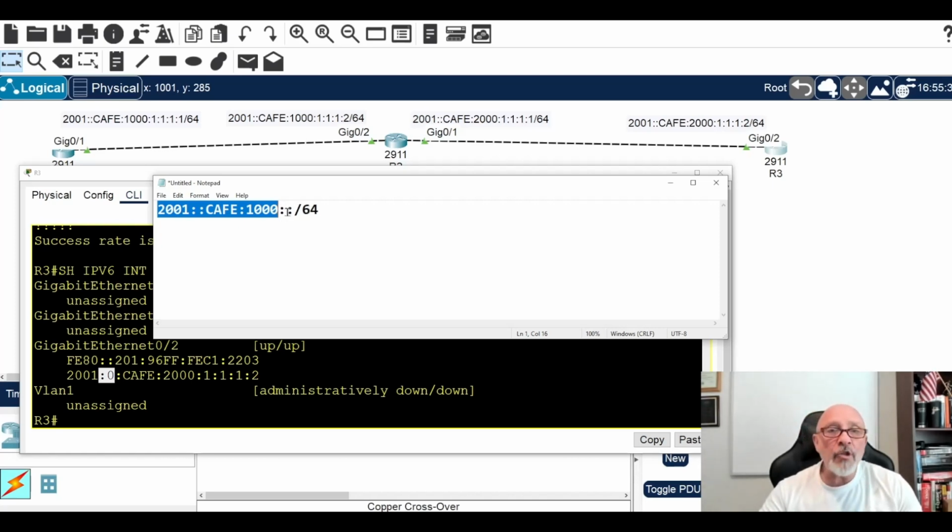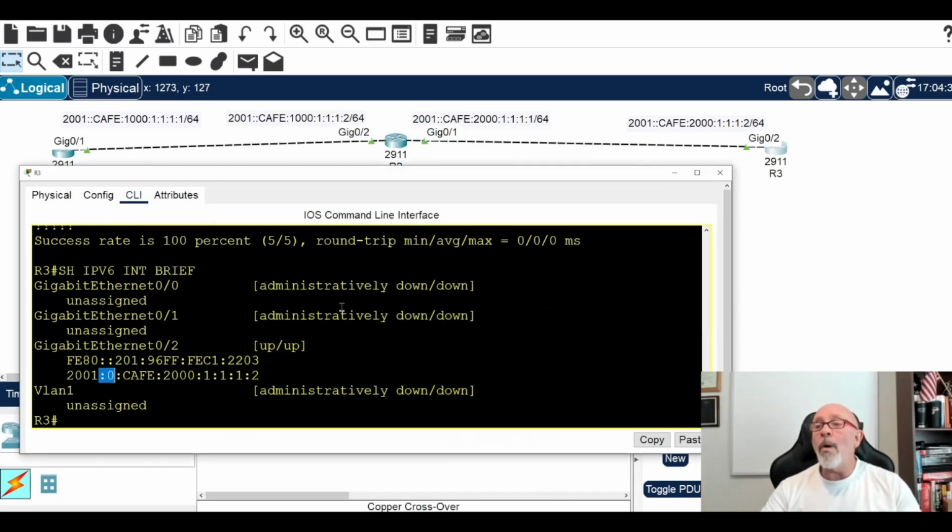In an examination, they're going to give you two parts of the address that will have a double colon, and then you would say, yeah, okay, that's an issue. In the total address, you can't have a double colon. You have to pick which one you're going to put a 0 in. But if it's just one, you don't have to put the 0. Did I ping it using the 0? No, I did not. But it knows. It put it in itself. So I can ping.